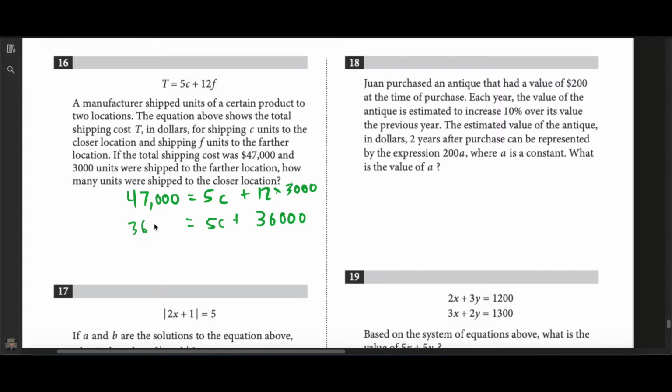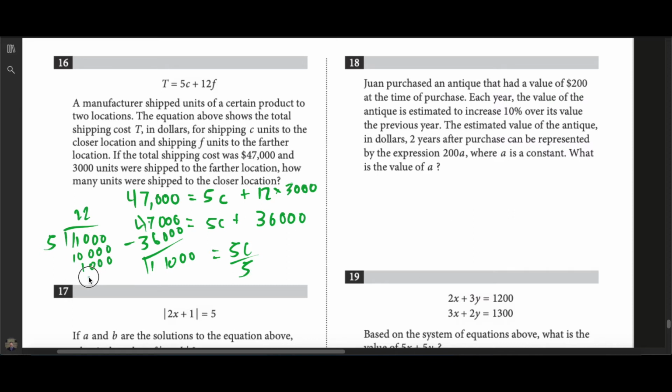So this originally is 47,000, minus 36,000. This is going to give us 11,000 is equal to 5C. And then if we want to divide by 5, we take 11,000 divided by 5. Here this goes in twice. Get 10, so we get 1,000. It's going to go in 2 times again, right, because it's 10. So we end up having the answer